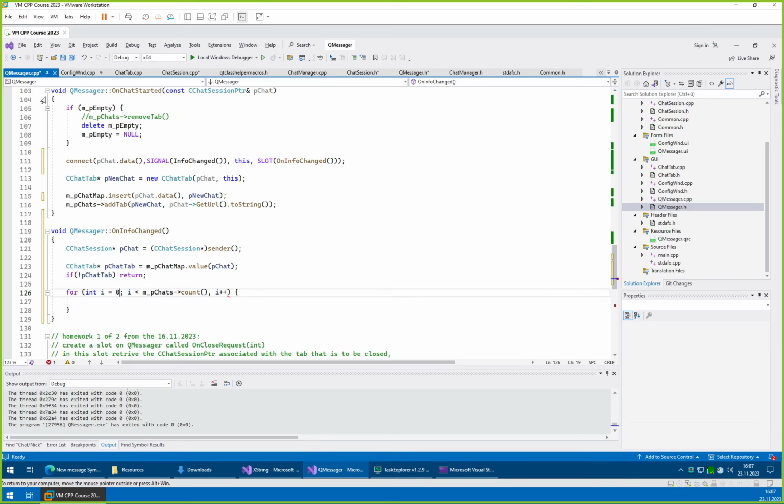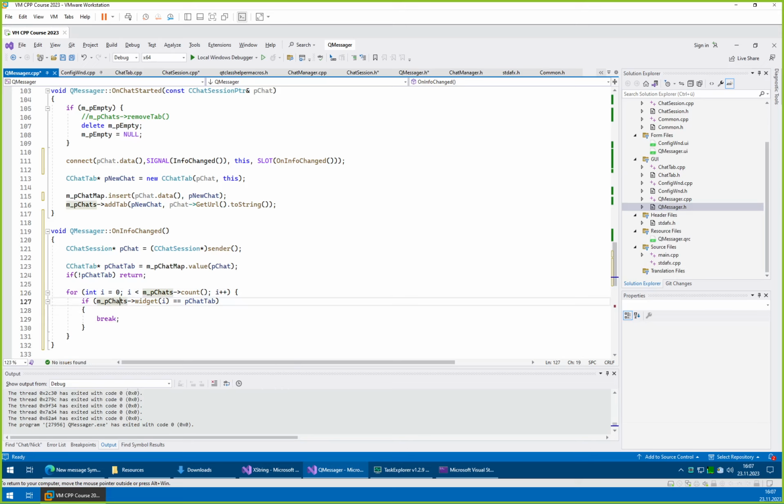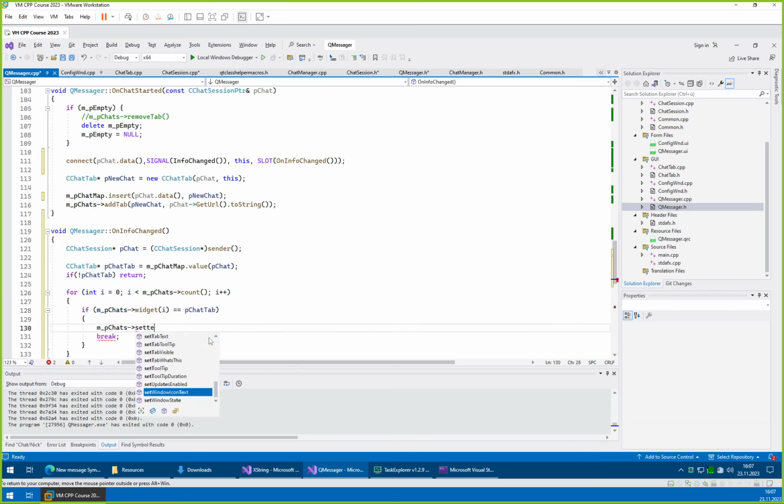So widget at i is equal to this. So if it matches, and then we can break because it will only be true once. So chat set tab text, set tab text, yes. Set tab text i comma, right. So we want